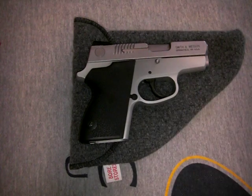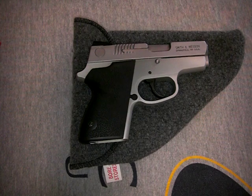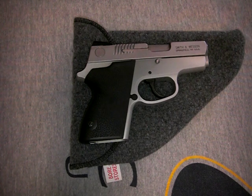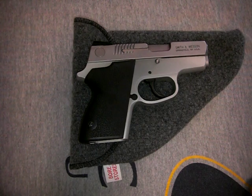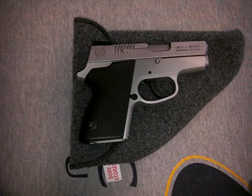I mean, just with the age of the polymer pistols and all that. But I just don't get why Smith & Wesson wouldn't continue to make these. I don't get when they have a popular gun and they stop making them. I really don't get it. They have all the means to make them still. And I think if they did, they'd really have a corner on the market, as far as there's only a few pistol manufacturers that still make